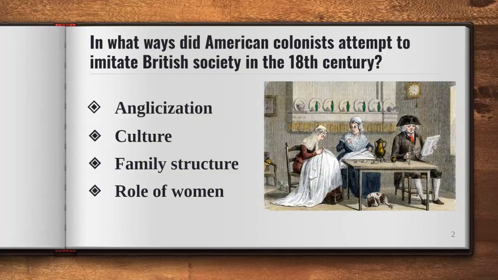Anglicization refers to the process of becoming more English. And in the 18th century, this transformation took place in the American colonies in a variety of ways. Culturally, the colonies increasingly emulated British society. Imports of British goods rose dramatically, and colonists adopted British fashions, styles of home decor, and the use of newspapers, especially in port cities. This cultural shift was often intensified during periods of warfare, which were common throughout the 18th